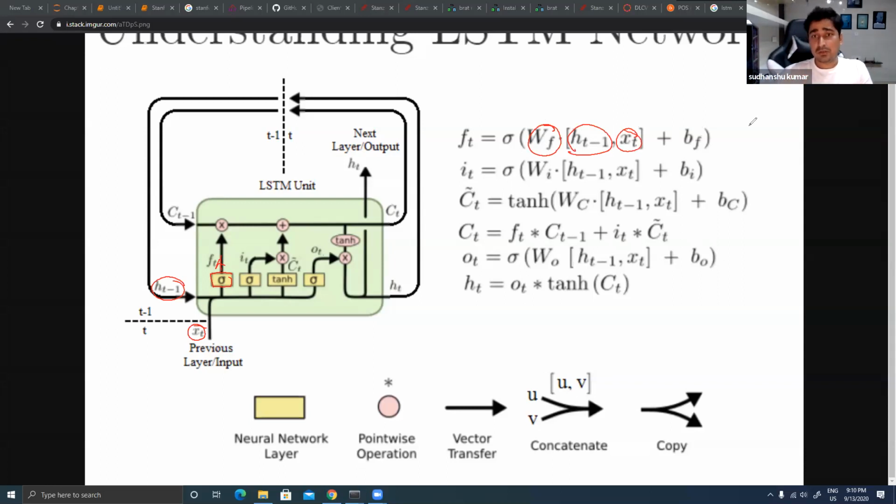So this FT will give you the output of this neural network. You can pass the current input and the output from the previous one. HT is nothing but the output from the previous one, HT minus 1. This time it will be equal to 0. If this is equal to 0, then in the very first place it will pass weight into current input plus bias. So FT at time 1, let's suppose, will be nothing but the output of a neural network, where sigma is the activation function that we are using. It can be anything.